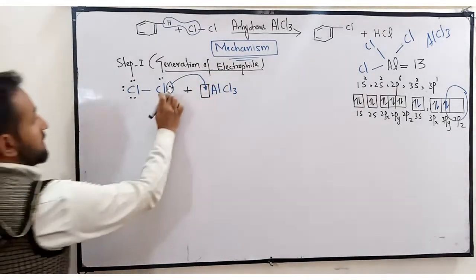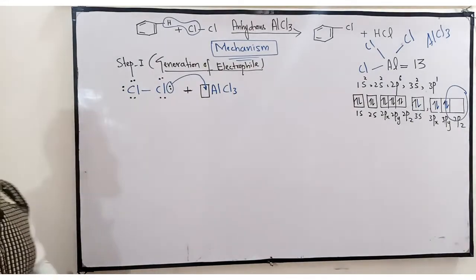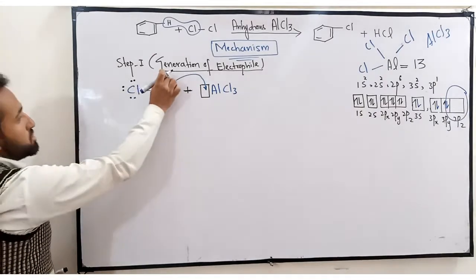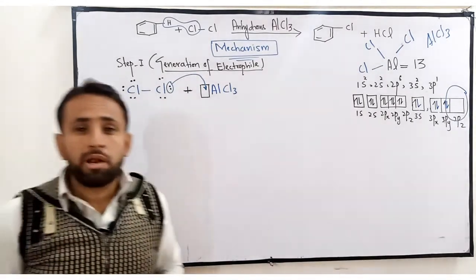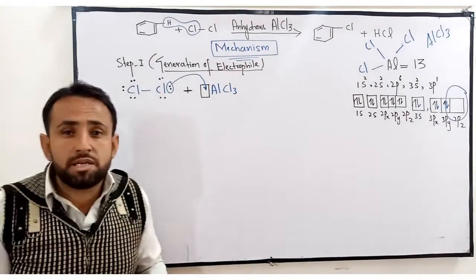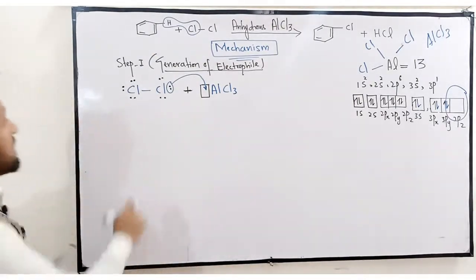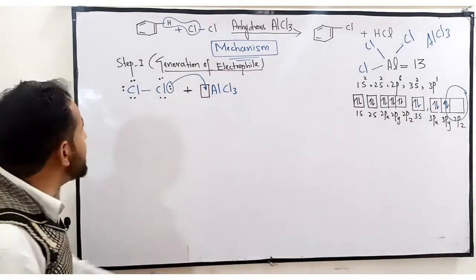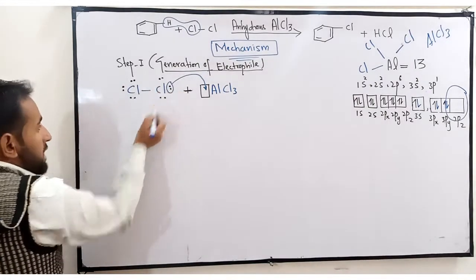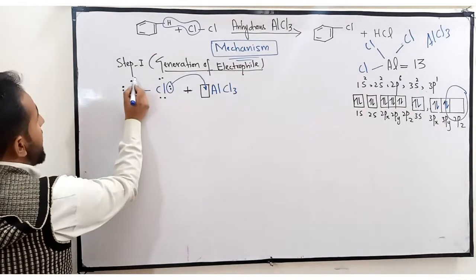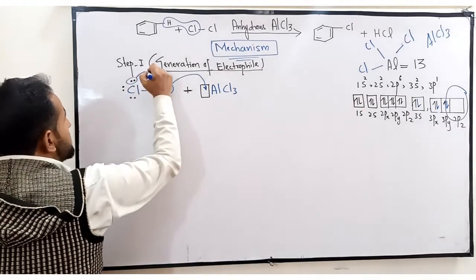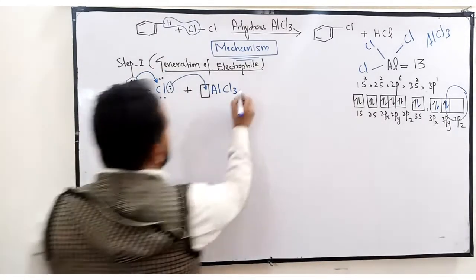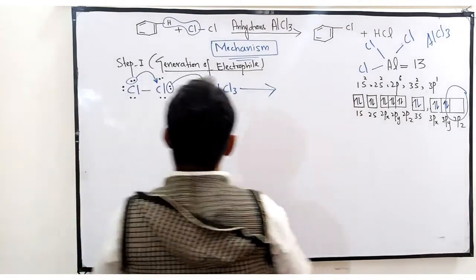Understand? When this lone pair of electrons goes from the chlorine atom, there will be a positive charge on this chlorine atom. Now this chlorine atom wants to stabilize itself. How does it stabilize itself? Immediately after leaving this lone pair of electrons, it will tend to stabilize itself by attracting a lone pair of electrons from the adjacent chlorine atom. Now what will form basically? This will form